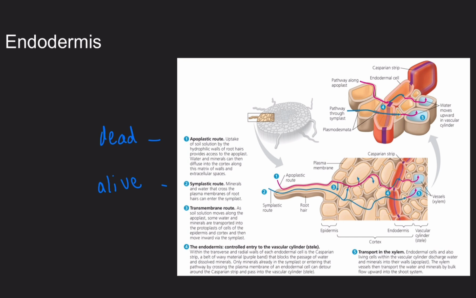And then there's also transport in the xylem. Endodermal cells and also living cells within the vascular cylinder discharge water and minerals into their walls, which is the apoplast. The xylem vessels then transport the water and minerals by bulk flow upward into the shoot system. So this also we call a definition, which is the cohesion tension hypothesis caused by transpiration, which is the loss